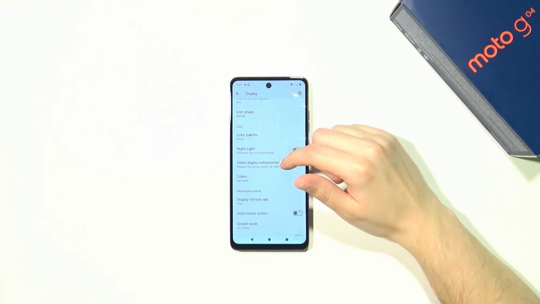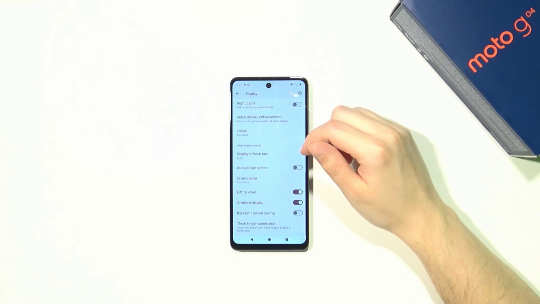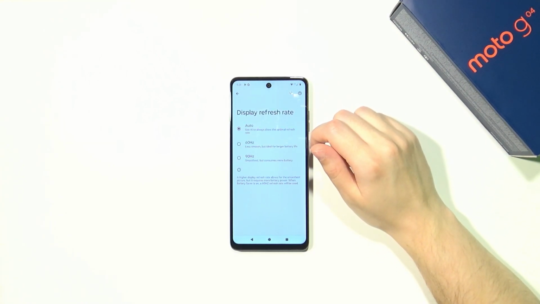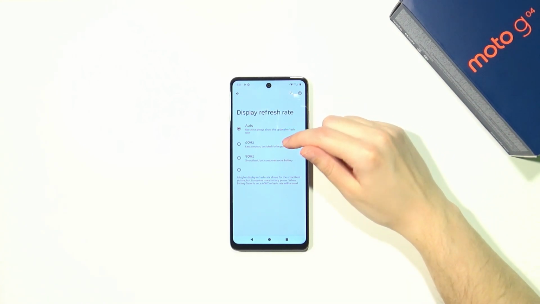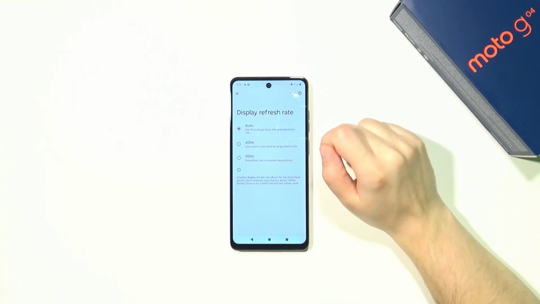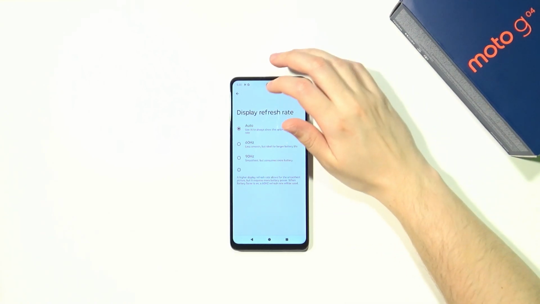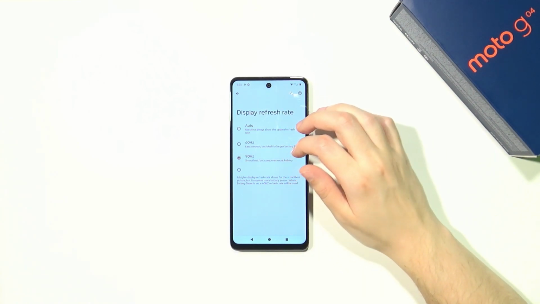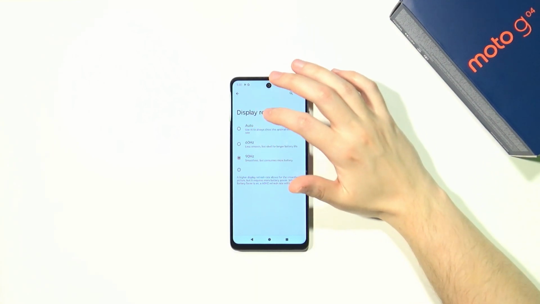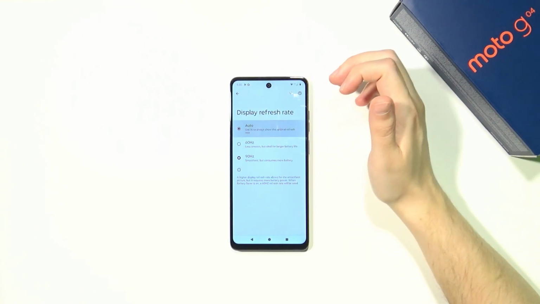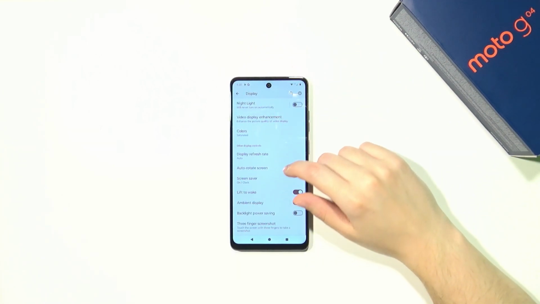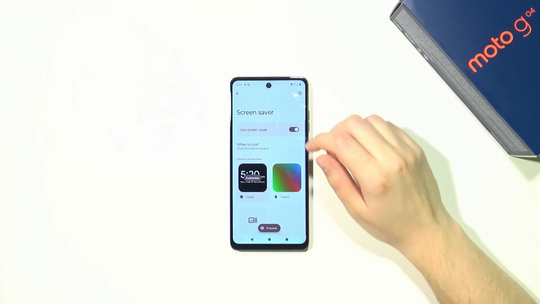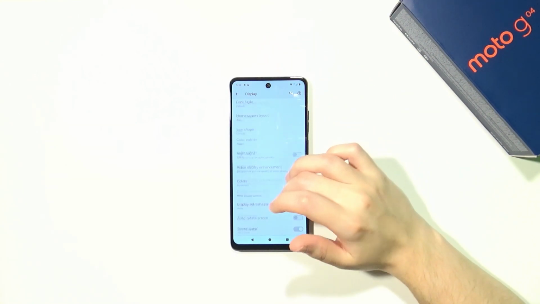So here we can go through these settings one by one in order to personalize our smartphone as much as possible. We also have the refresh rate. So if you want to constantly use 60 Hz or 90 Hz, then here's how you can turn it on. However, of course, keep in mind that if you, for instance, use 90 Hz all the time, then the battery will be consumed definitely more than in the case of 60 Hz. And we have the screensaver. We can adjust the screensaver over here. So lots of personalizing